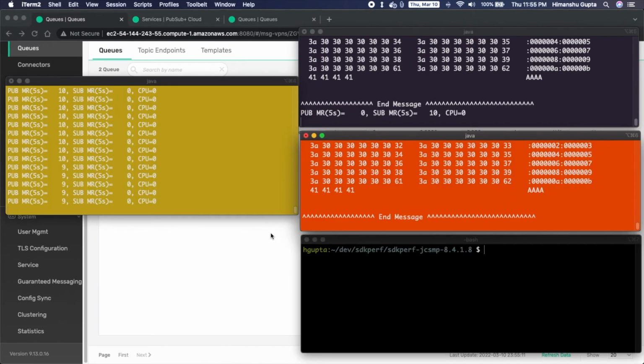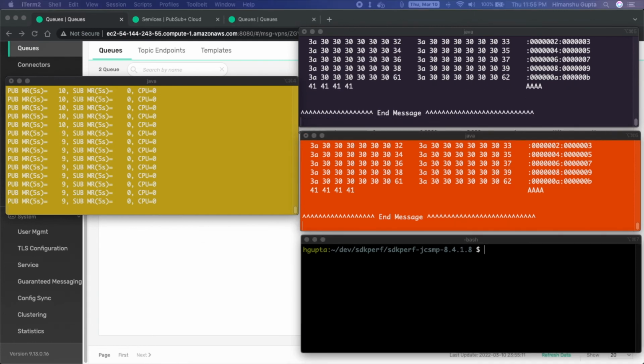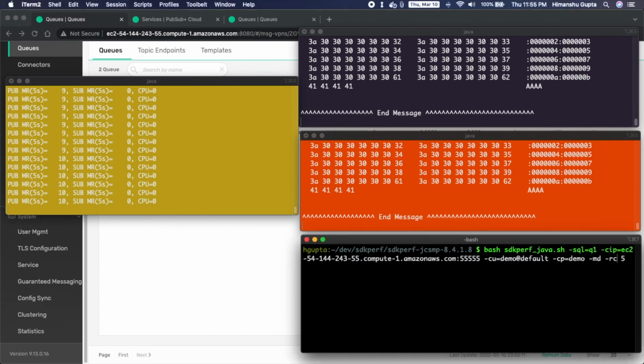Okay, now we don't have to rely on queues. We can get data through topics as well, right? So let's do that. So if we again add another consumer,